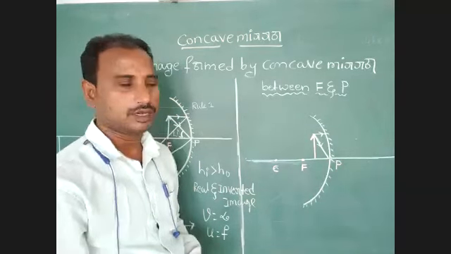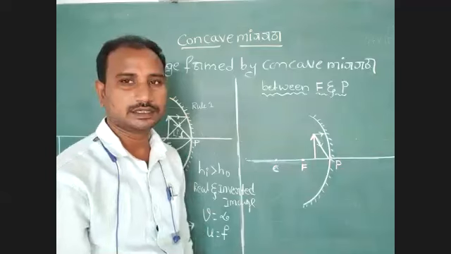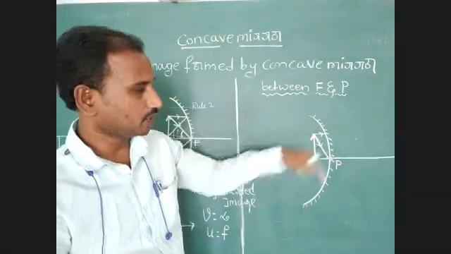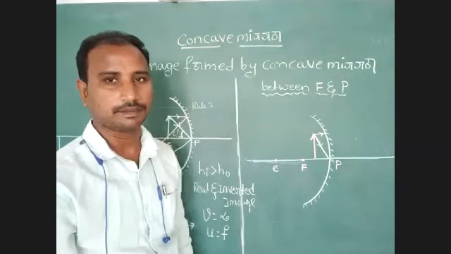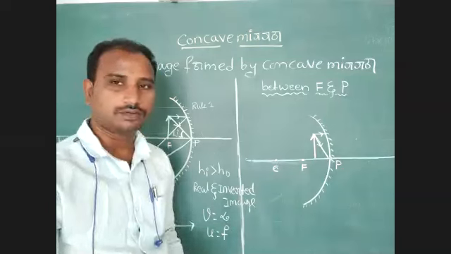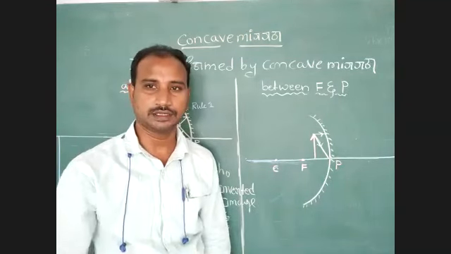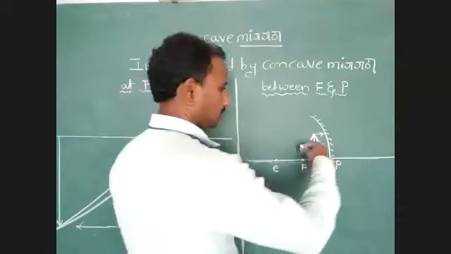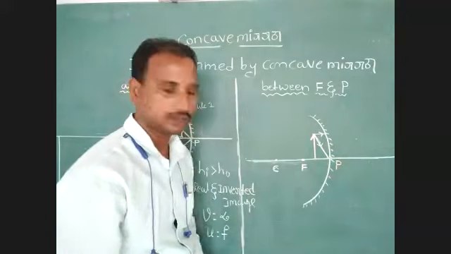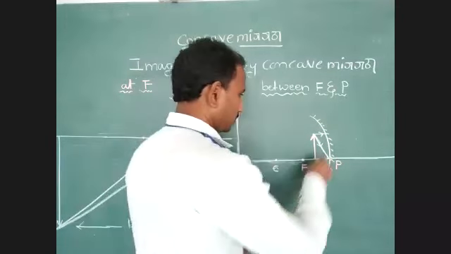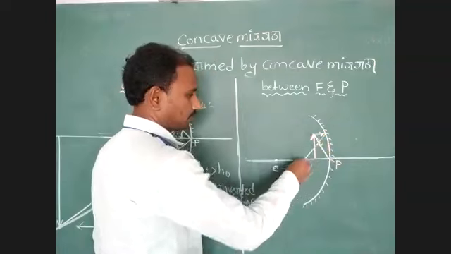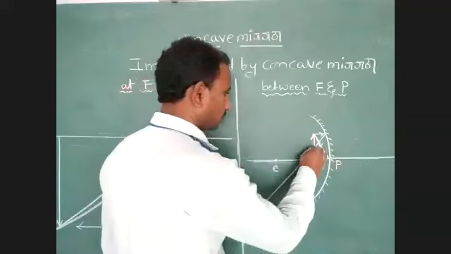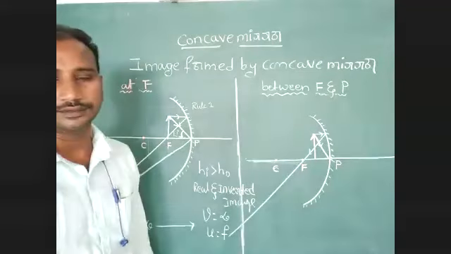Okay students, how many rays are required for us? Two marginal incident rays. One ray parallel to the principal axis, another ray incident at a point P on the reflecting surface. After reflection, we have to find the intersection point of the reflected rays. Where is that intersection point? Here, the condition: if a ray of light is parallel to the principal axis, then the reflected ray is passing through the principal focus. You have to identify that reflected ray direction.